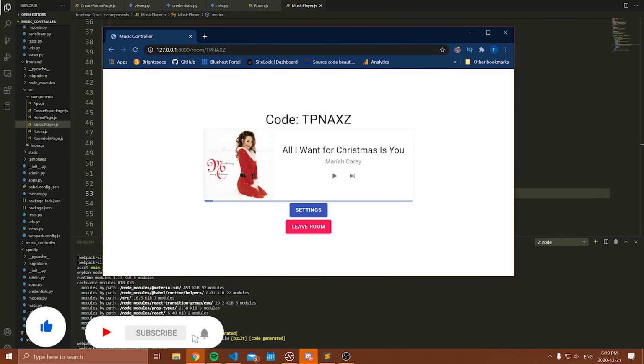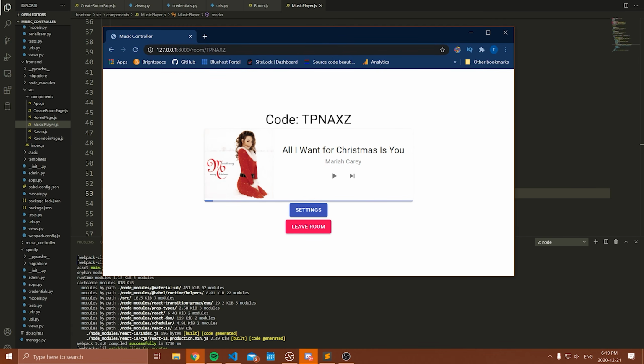In this video, we're actually going to be building out what the entire point of this application was, and this is the voting system. So right now we have this skip button. Clearly it's not working, so obviously we're going to make it so we can indeed skip the current song. And then what we're going to do is make it so that it requires a certain number of skips.